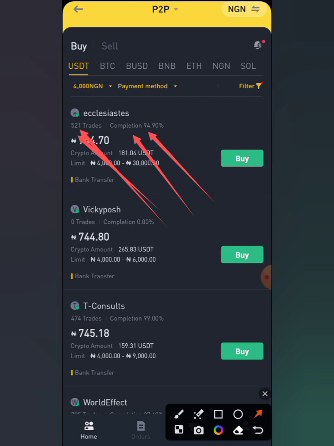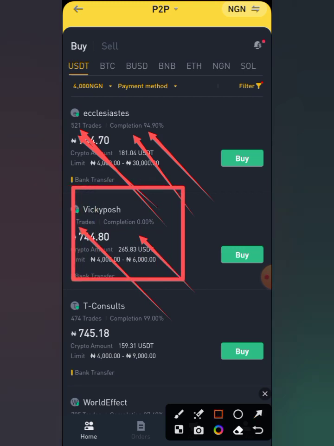a 94.90% completion rate. Then this second person you are seeing here has done a total of 0 trades and has a 0 completion rate. Most likely this person should be a new user on Binance P2P. So one thing you need to take note of is that anyone that has a lower number of completed trades with a lower completion rate,